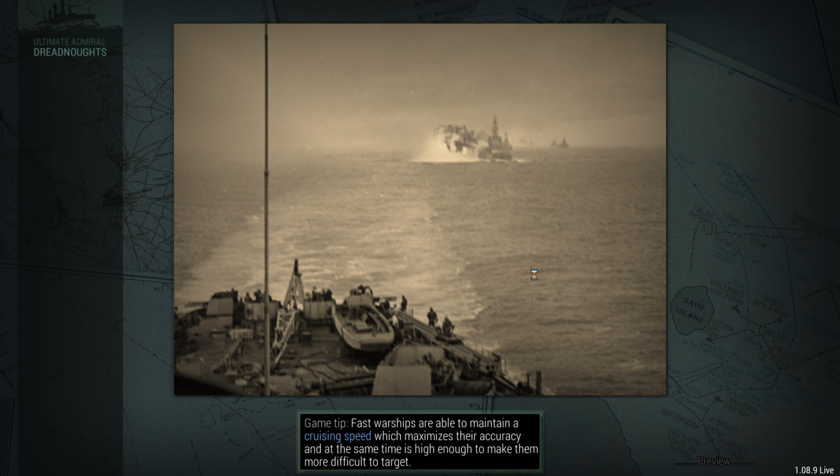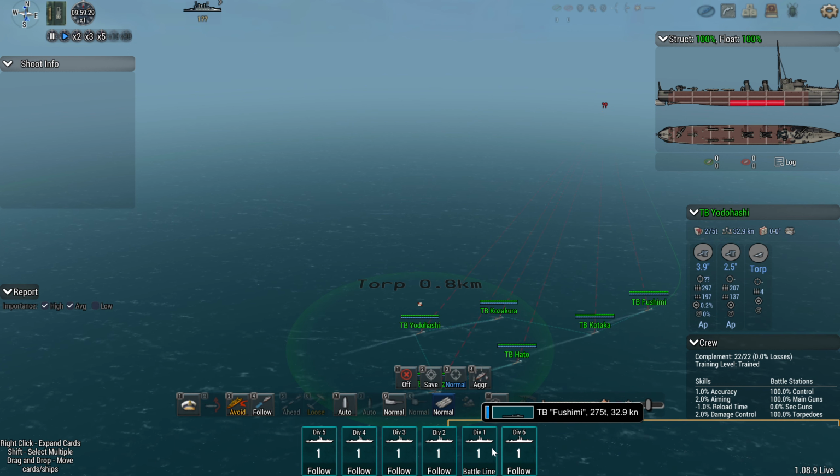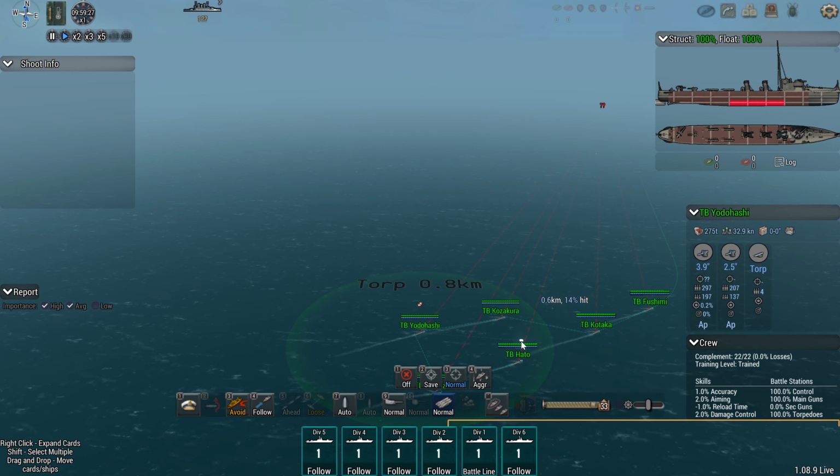Personally, I prefer to break my ships up because it means you can control each one individually. It makes it so much easier than if they were all in a battle line where you can only control the front one. So once you've broken them all up, select them all and just right click and it'll form a follow line for you, which is essentially exactly the same as a battle line,